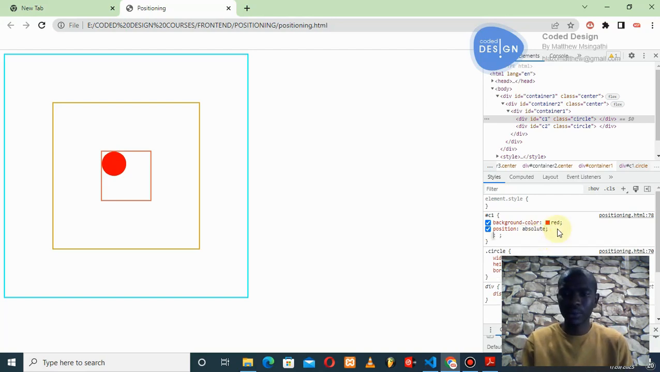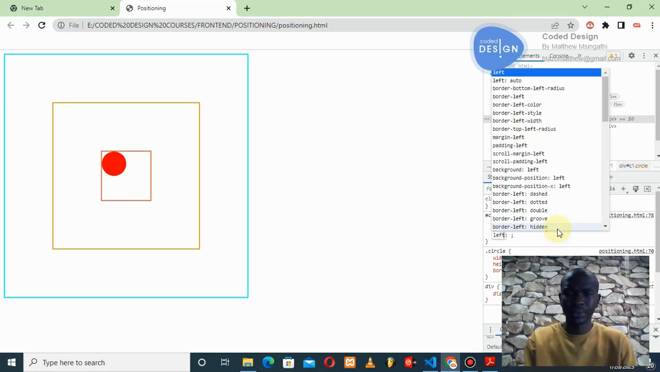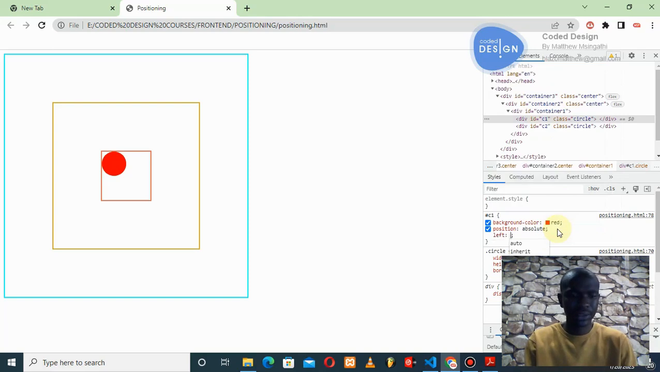Let's move the red one to the left. Okay, to the left, let's say 2 pixels. You see? So what happened here, because we have set the red one to absolute, it has just moved up and the green one occupied that